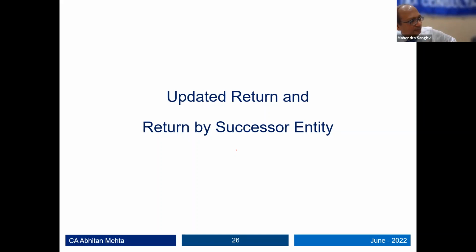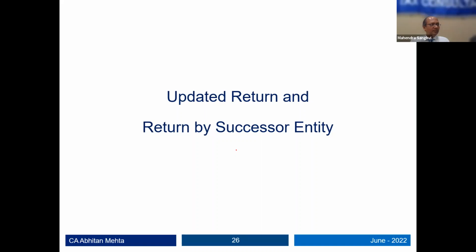Say, if there is a mistake or there is a discovery, which generally happens when you are preparing for your next year's return. You discover some mistake which crept in last year, but now you don't have a scope to correct. So now they have come up with a new concept of updated return, where they permit you to update your return, from 1st January 23 up to 31st March 25. So 2 years, 3 months is the window which is provided to do the updated return.